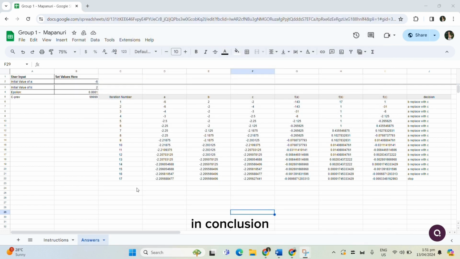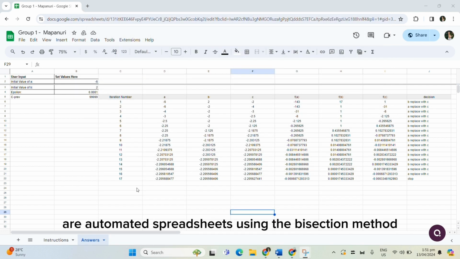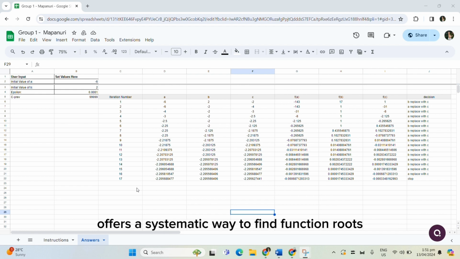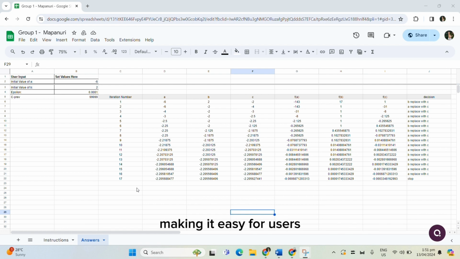In conclusion, our automated spreadsheet using the bisection method offers a systematic way to find function roots accurately and efficiently. By using formulas and visualizations effectively, we've shown how our tool simplifies the process, making it easy for users